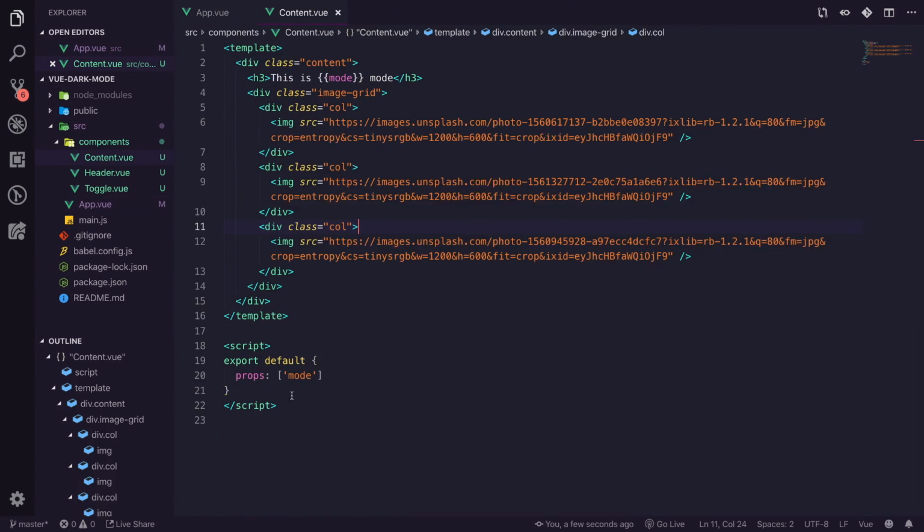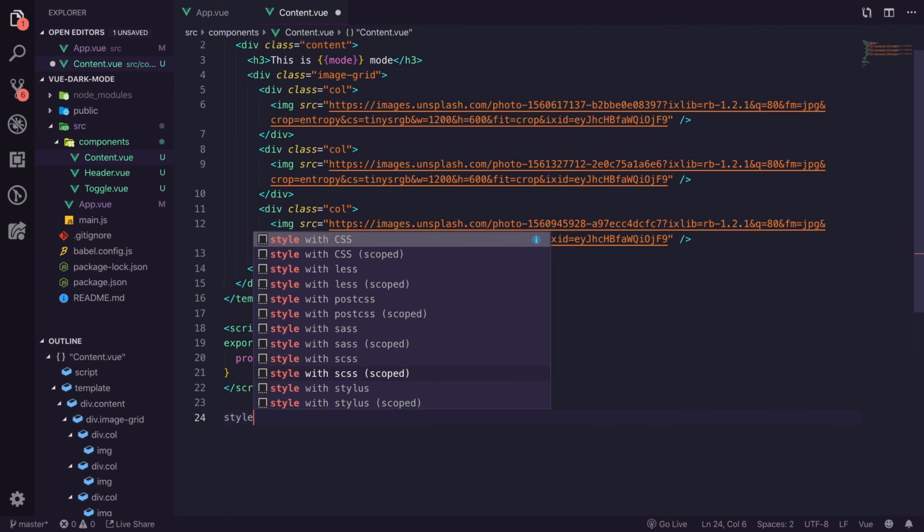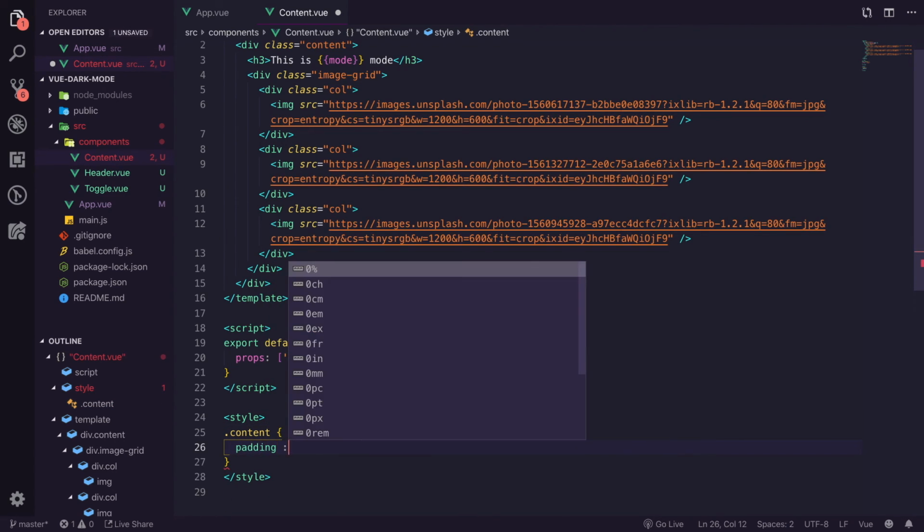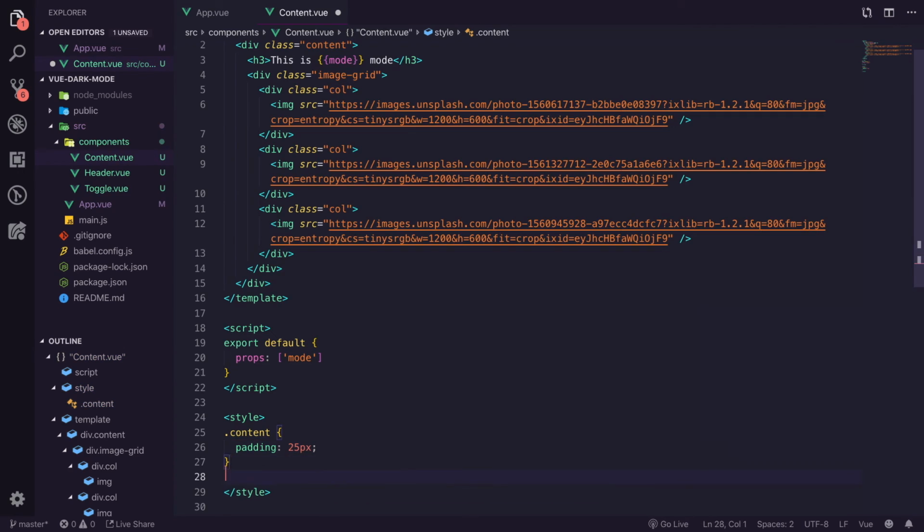So let's add some, oh, we're in the wrong one. In the content, let's style this up. So we're going to say style, and all we're going to say is basically dot content for stars, and we're going to add some padding. We'll just set a padding of 25 pixels. That's all we need. We're going to say content h3 is equal to font size,